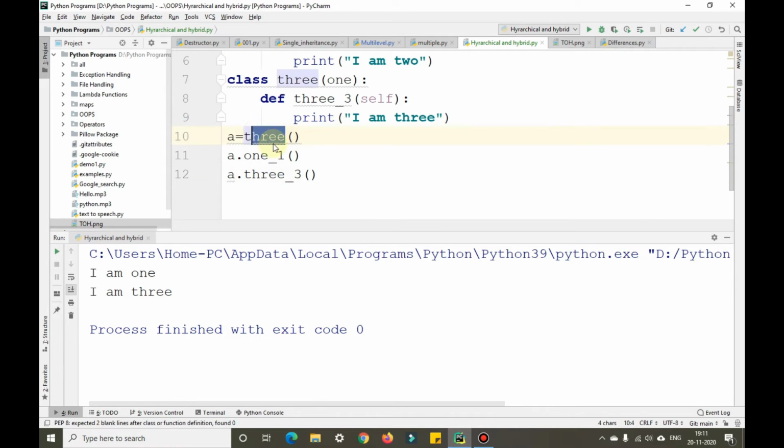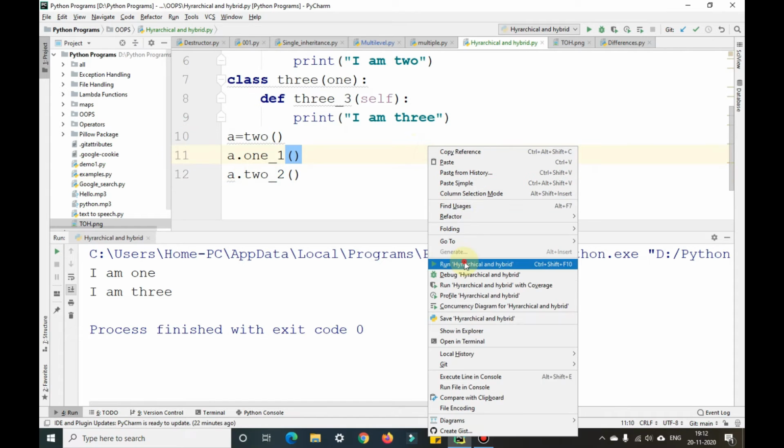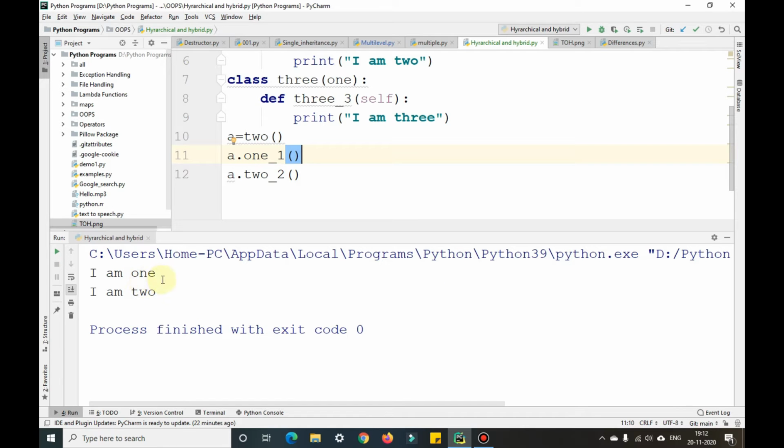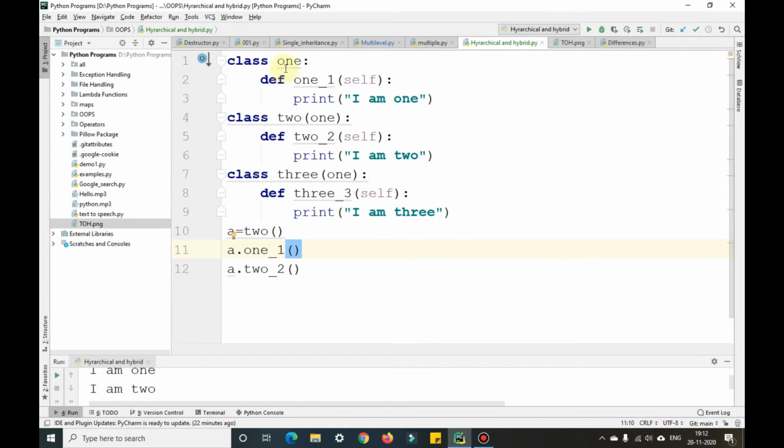Now when I change this to 2, and I also need to change this as well, and run this program, you can see it is printing I am 1 and I am 2. So we are using one superclass and two subclasses here.